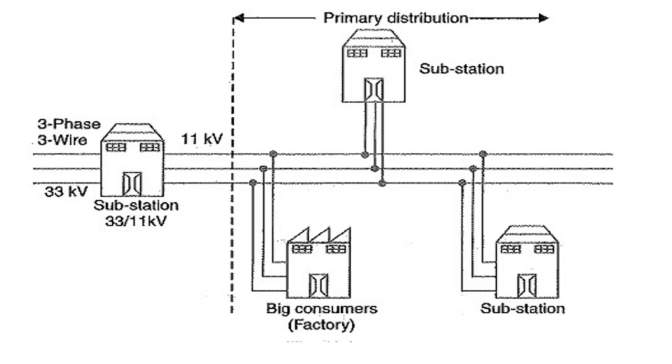In this slide you can see the picture which depicts the primary distribution system. This primary distribution system is basically the voltage that is stepped down from the substation, and it includes the big consumers, or the consumers who require high voltage like 11 kV, 3.3 kV, 6.6 kV and so on.